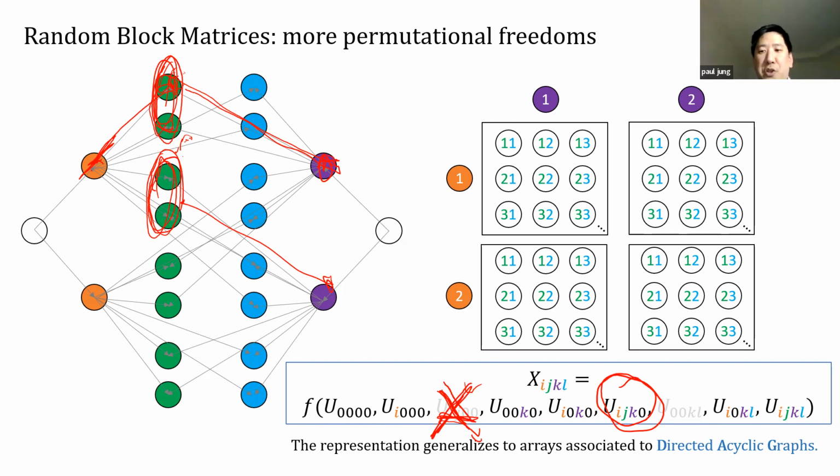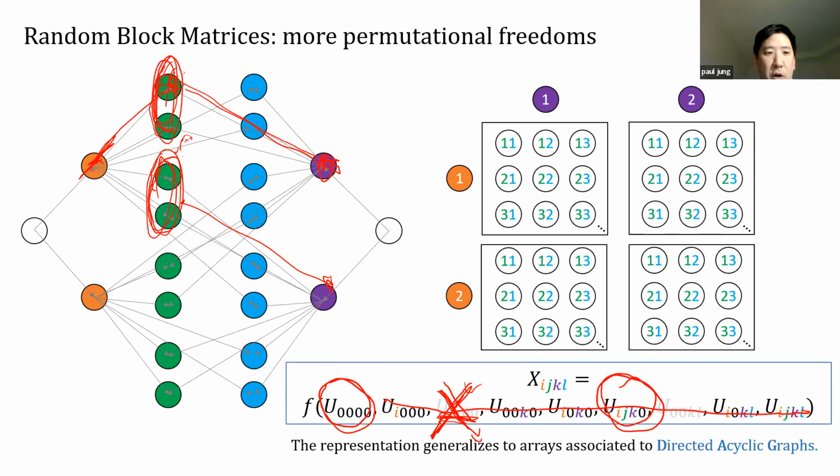And notice that as I've drawn more arrows, I'm allowing more permutations. As I said in the beginning, when I allow for more and more permutations under which a whole array is invariant, I'm getting closer and closer to the original de Finetti, because I'm allowing for more and more permutations under which I have invariance. And if I allowed eventually for all the permutations, then eventually all the uniforms would just wipe out, and I would just be left with a single one, and I would have a de Finetti-type representation.